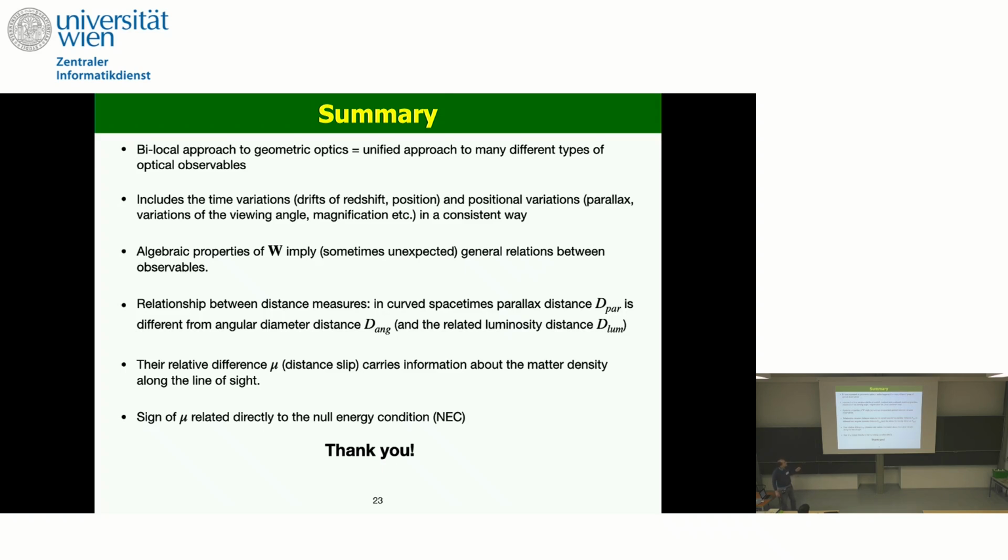The algebraic properties of W, the object encoding the way light propagates between 2 points, basically imply certain general relations between observables, some of which were known, others not so much. I also managed to prove a few results regarding the relationship between the distance measurements. The parallax distance is different from the angular diameter distance and the luminosity distance, and the relative difference carries information about the matter density along the line of sight, and the sign of this distance difference here is directly related to the null energy condition